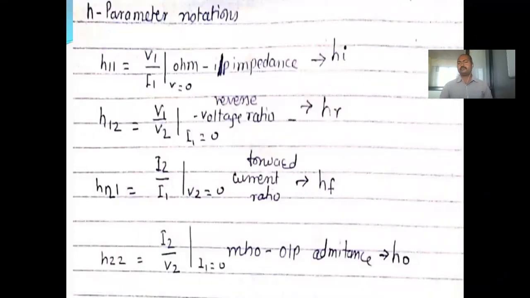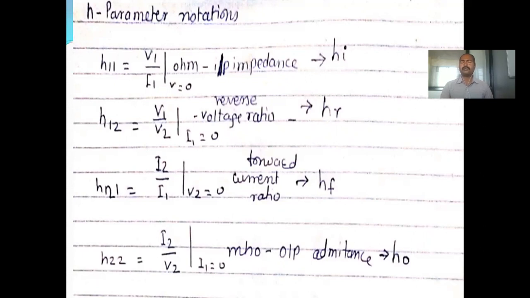So H11 is nothing but V1 upon I1. We know that V1 upon I1 is nothing but a resistance. So this resistance with respect to input is called the input impedance. Why do we call it input impedance, not input resistance? Because these things are related to RLC, not only resistance. If the circuit has only resistance, the unit is resistance, but with elements other than resistors, the resistance is called impedance, right? So H11 is nothing but the input impedance.